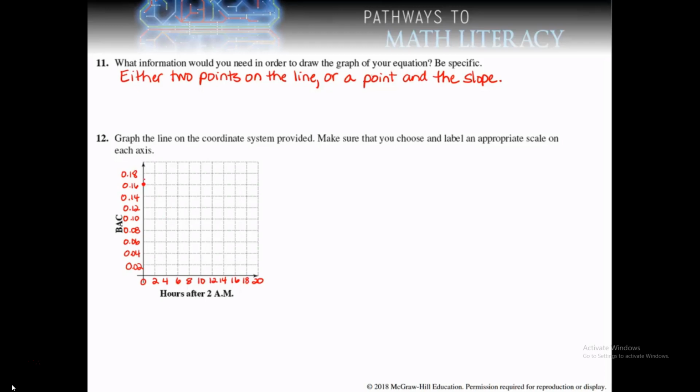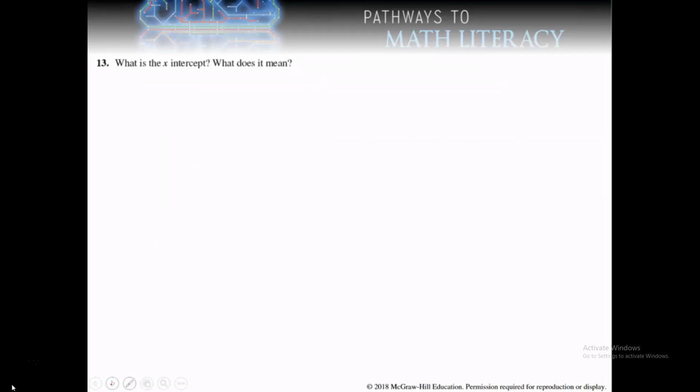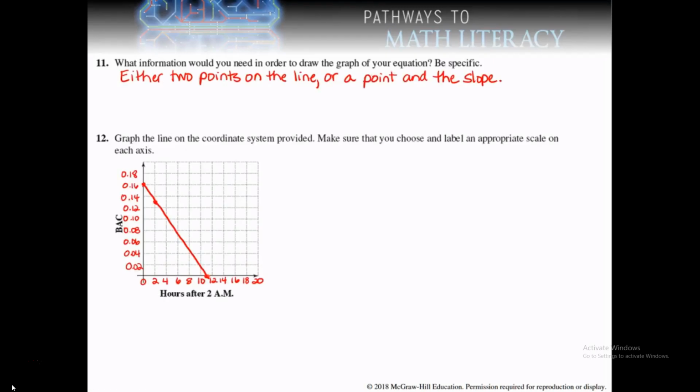So then in 13, what is the x-intercept? Well, we can sort of estimate the x-intercept off the graph. It's somewhere between 10 and 12 hours. But to actually calculate that exactly, we need to use the fact that at the x-intercept, the y value has